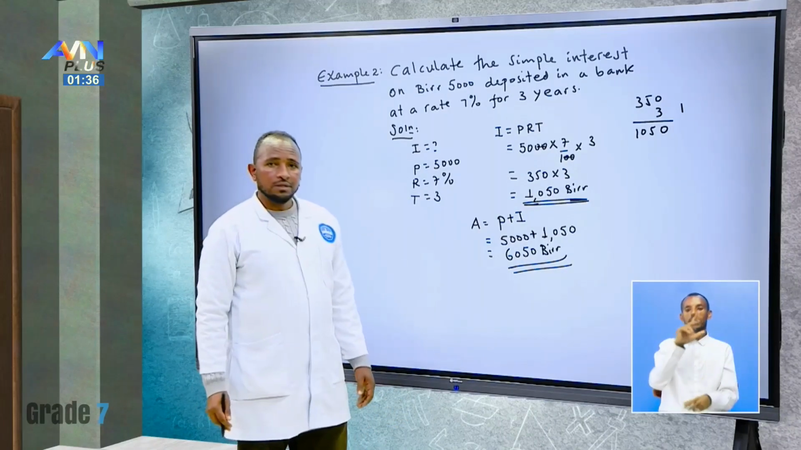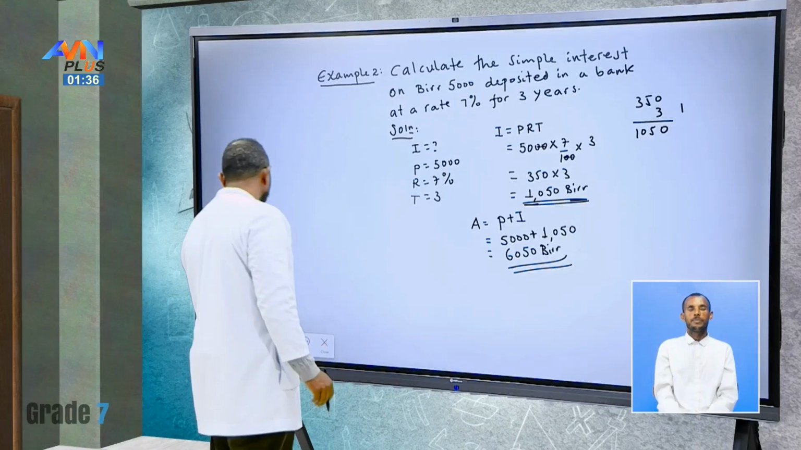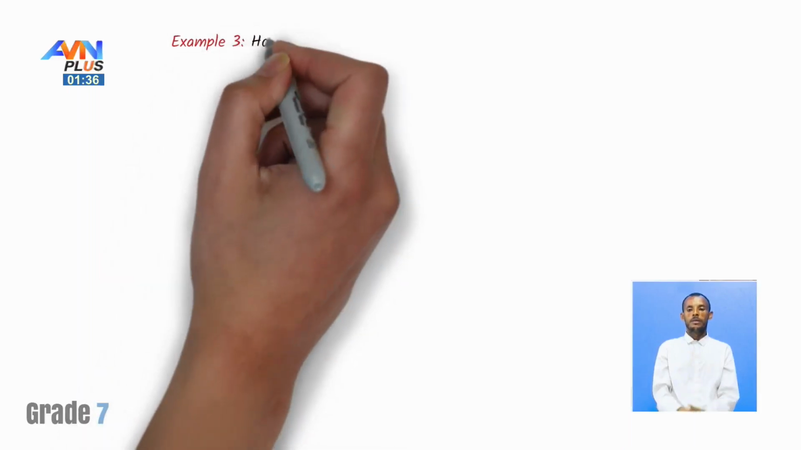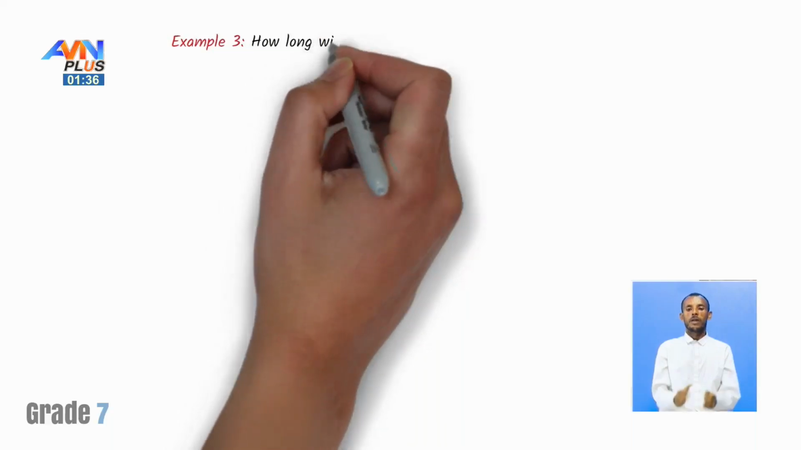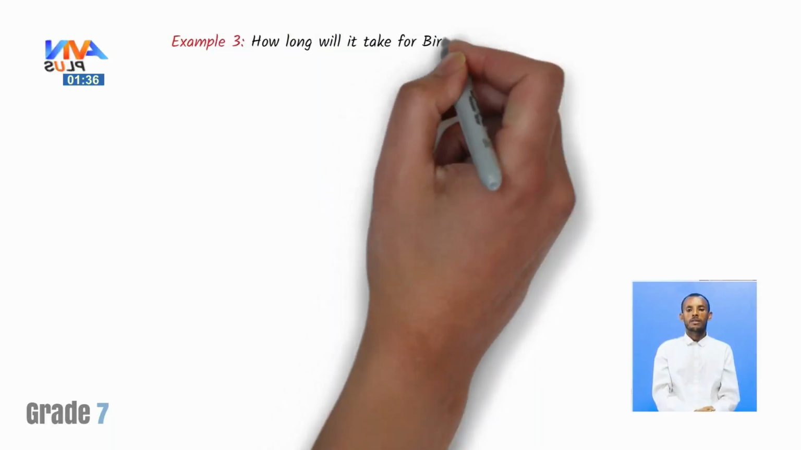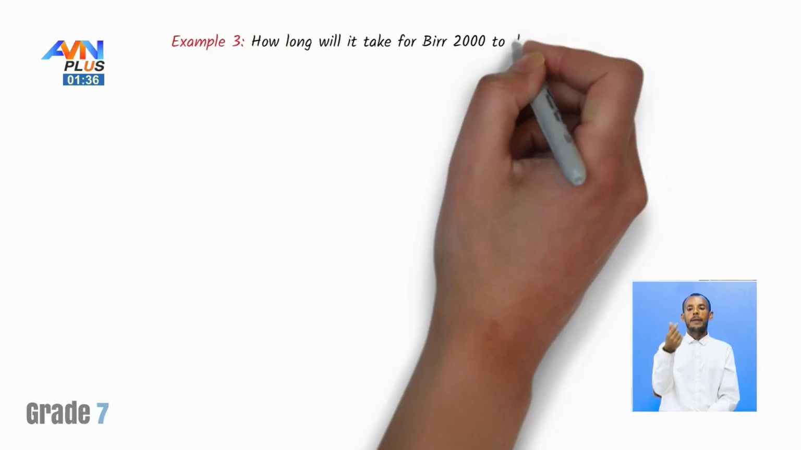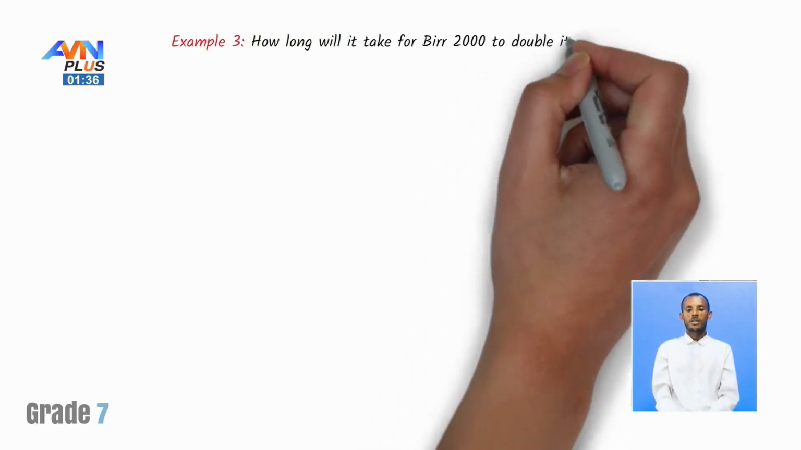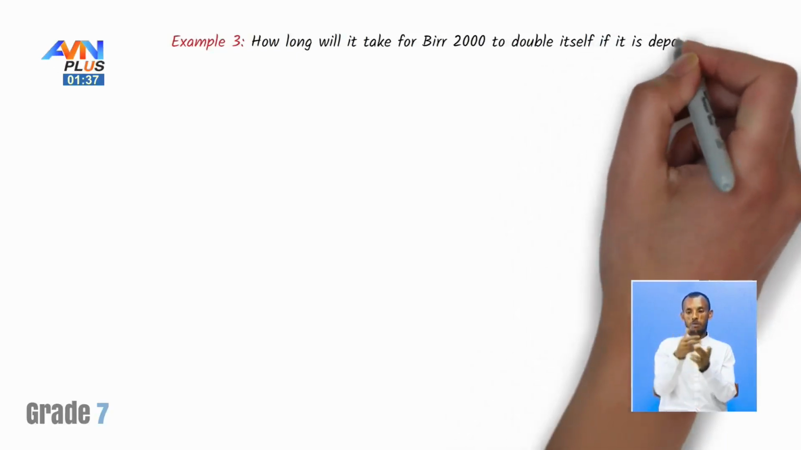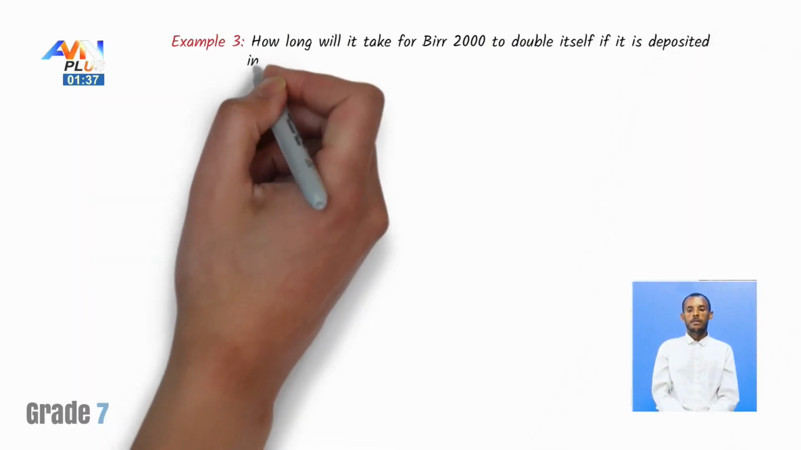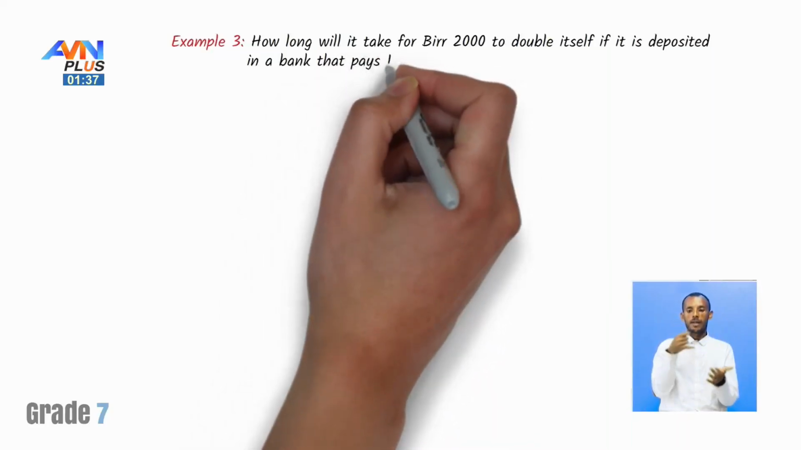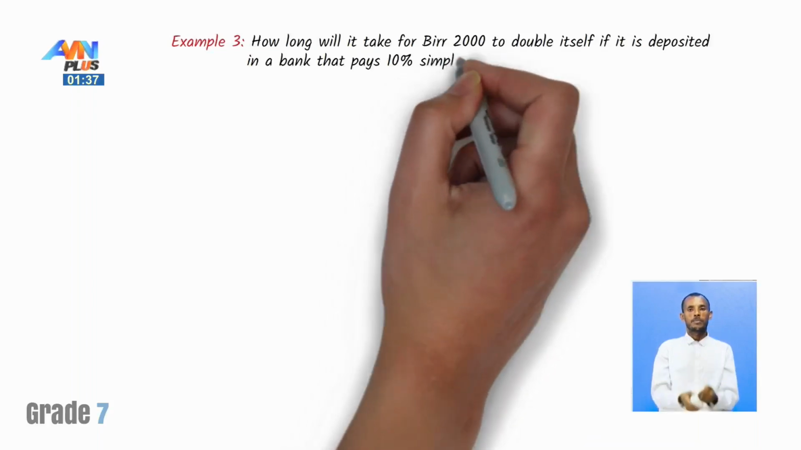Now, let's see another example. Example: how long will it take for birr 2,000 to double itself, if it is deposited in a bank